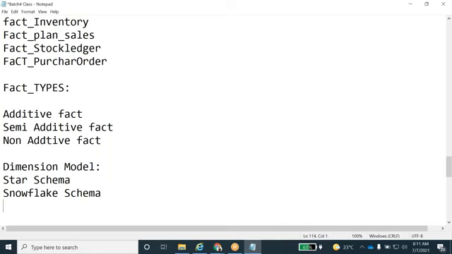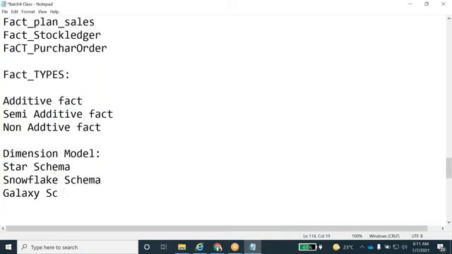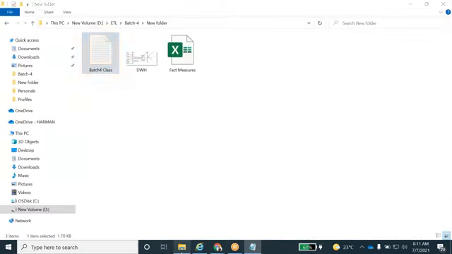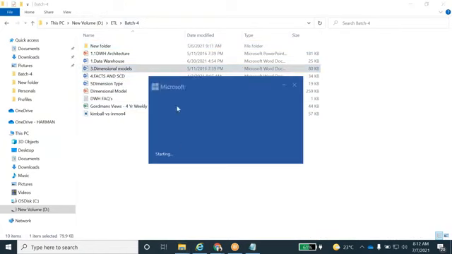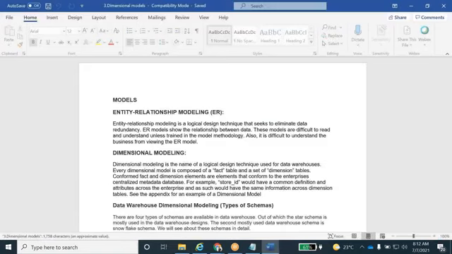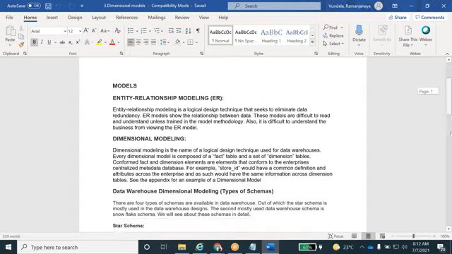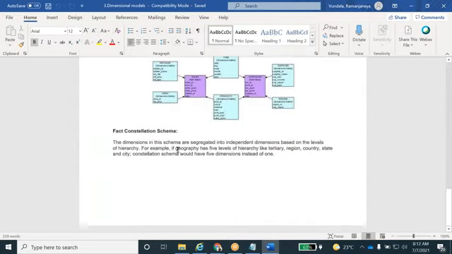There are also a few other dimension models, like the Galaxy schema and the fact constellation schema, I think. Those we needn't bother about because they are not used anywhere in real time either.